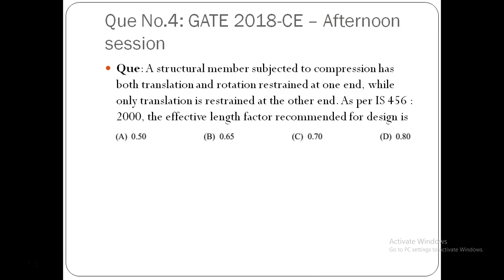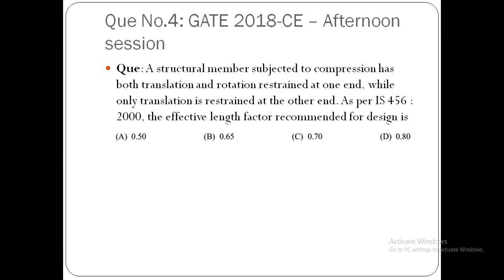So the question setter just wants to know whether a student is able to mark the right answer from the 4 options,